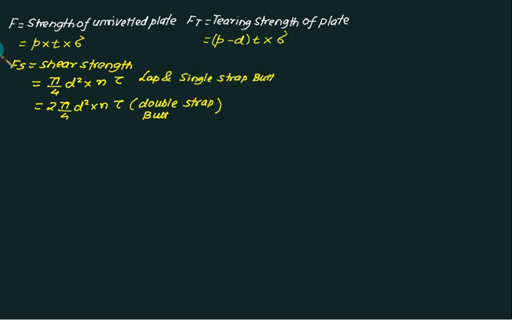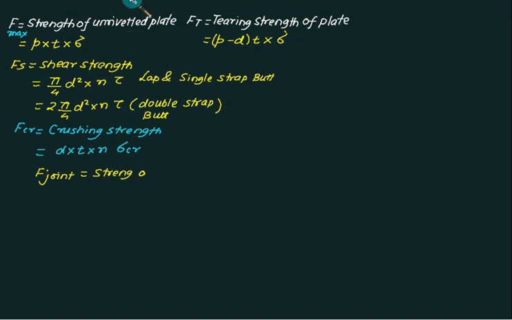And finally we have crushing strength, almost the same. So Fcr is crushing area D multiplied by T. Again n in one pitch multiplied by sigma crushing. So we have 4 strengths. Out of these is the max strength. So either this value will be less, or this value will be more. Whatsoever the least value is here, that is called the strength of joint.